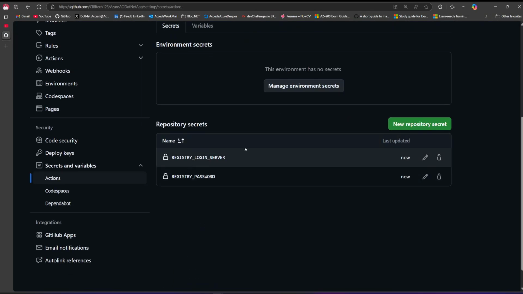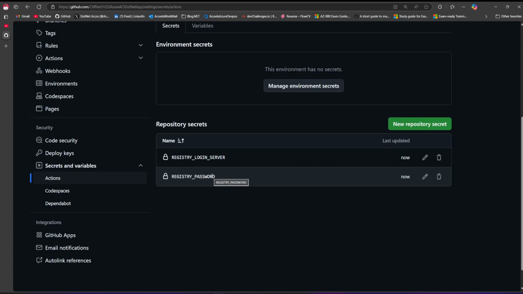Now we have our server, we have our password. And we are going to use this in our GitHub action so that GitHub will be able to log into Azure, because we have the credentials in here, and use that to access Azure and then push everything inside for us. So the next thing that we want to do is bring in the registry